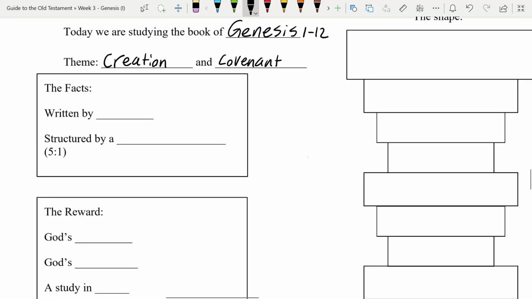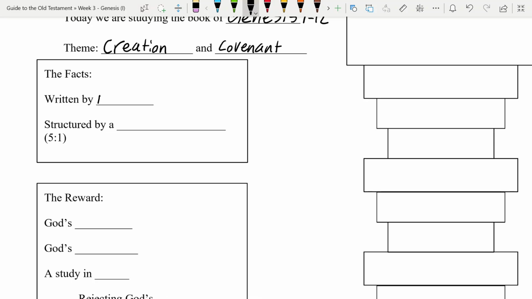Let's talk about some basic facts for this book. Genesis is written by Moses, which is at least approximately true. When it comes to the Pentateuch, the first 5 books of the Bible, they're consistently attributed to Moses by Jewish tradition and also by the New Testament. It doesn't mean there are no parts of these books that were written by someone else, right? Like the part where Moses dies, it'd be awfully hard for him to write that. But certainly the bulk of the book, he's responsible for it, and so we're writing him down as the author.